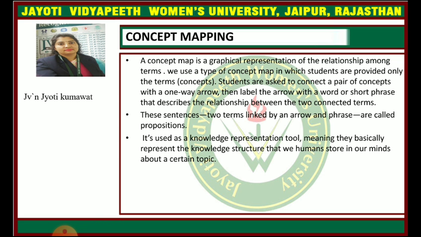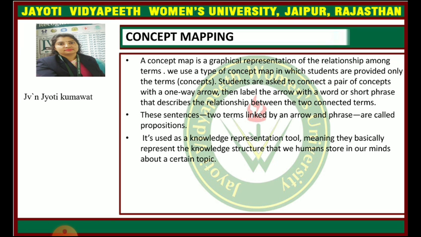As observed earlier, in the biosciences the concepts and text were too difficult for students to learn. So, in an easy way to understand, concept maps are designed and developed as a graphical representation. Now, if I talk about the particular definition, a concept map is a graphical representation of the relationship among terms.